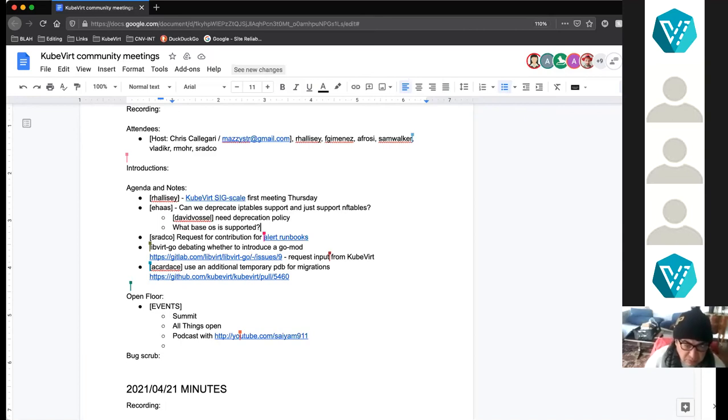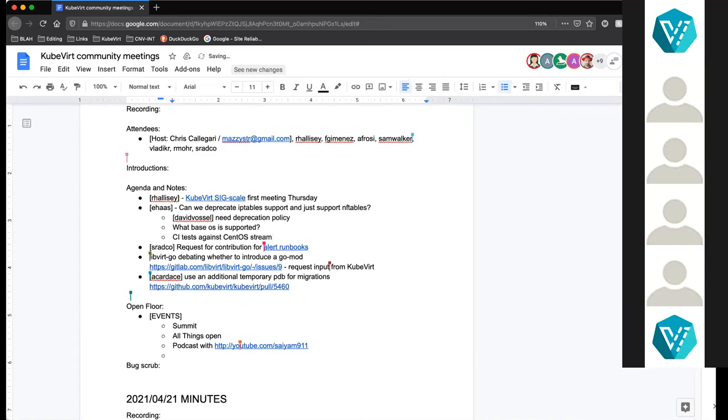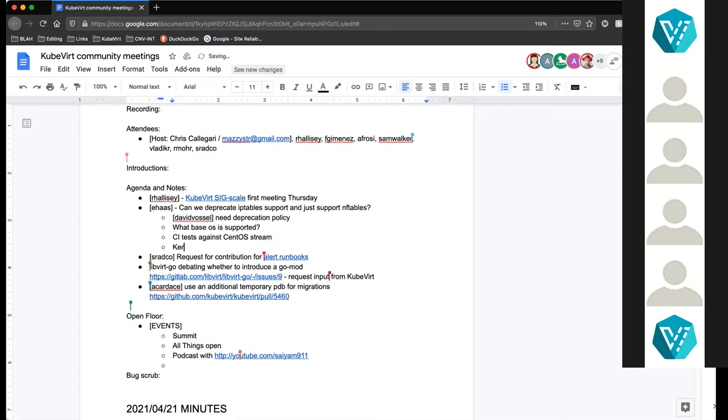I think this is in general a difficult question, because we use CentOS Stream for testing mostly, but what we really depend on to 99% is the kernel version to be compatible with it. If there are issues there, then we may have issues. But it's really less about the operating system. It's more about the kernels. Well, we had an issue with SELinux on Ubuntu, just because SELinux wasn't used by default or something like that?